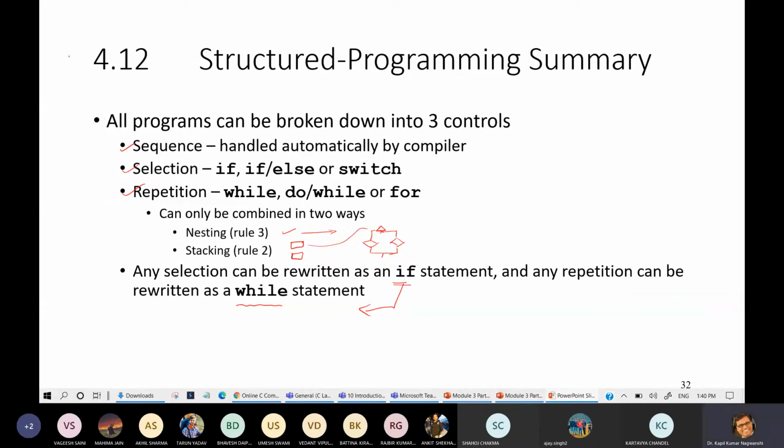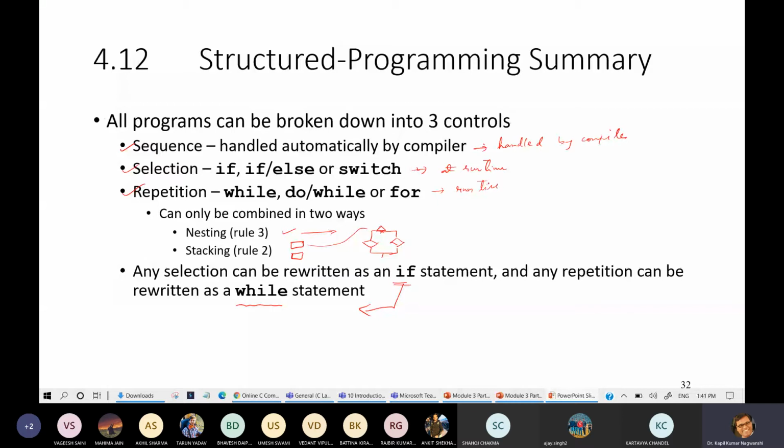So all programs can be broken down into 3 control structures. One is sequence, handled automatically by the compiler. Selection, it is handled at runtime. Repetition also depends on runtime.